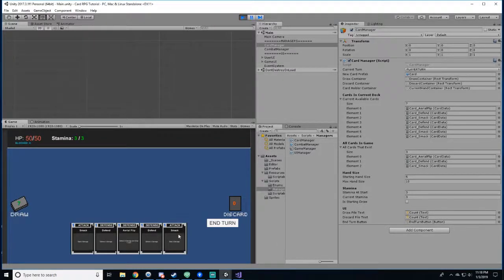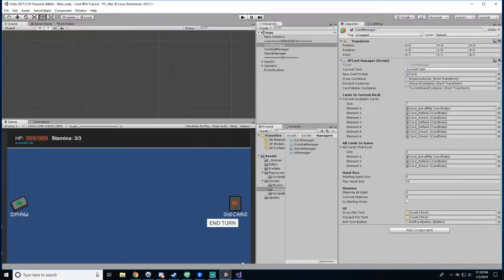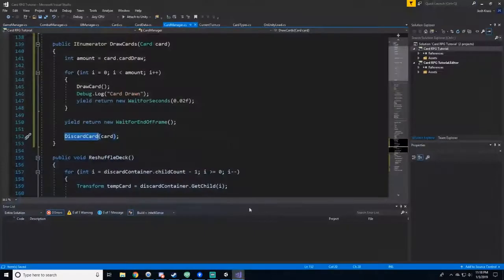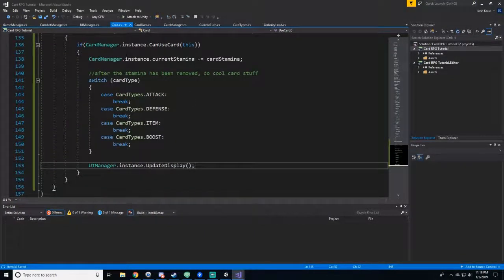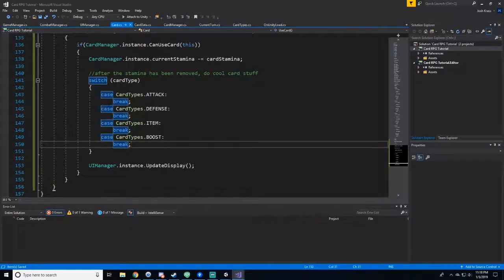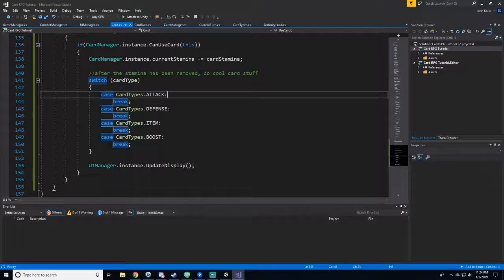So if we click on the card, oh, it didn't work because we didn't add discard card to the actual script for the card. Right? What happens after you do the effect of the card type? So in the card, we're going to go back to the card types, and underneath attack, we're going to type